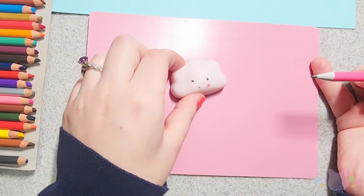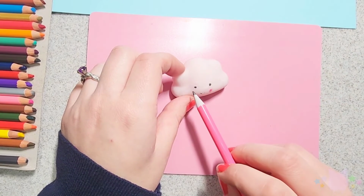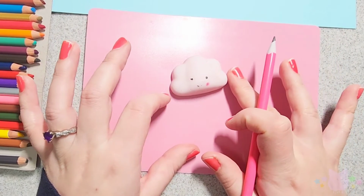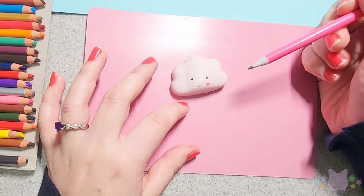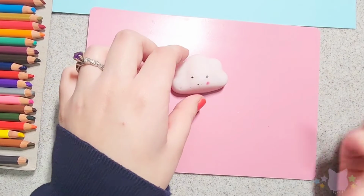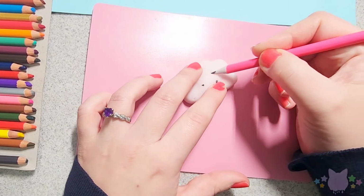I'm just going to doodle on the little squishy. If you come up with a name for him, let me know. Usually I use my favorite red squishy, which is Frederick. So this one, he's a little cloud squishy. And I don't really know where to start. I guess we could just...